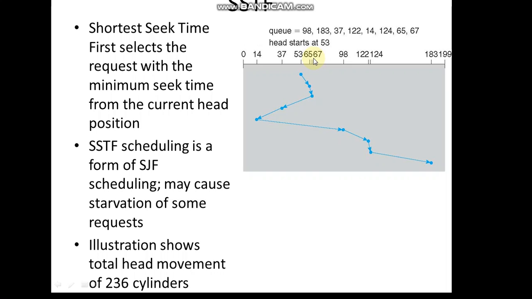If you do the calculation, that is the distance between the current head pointer and all the requests in the queue, we get the minimum seek time for 65, that is from 53 to 65 it is just 12. For all others it is slightly more.